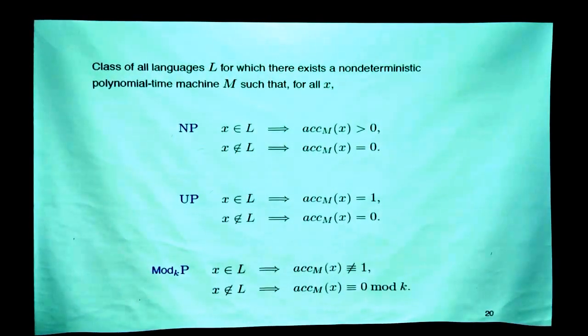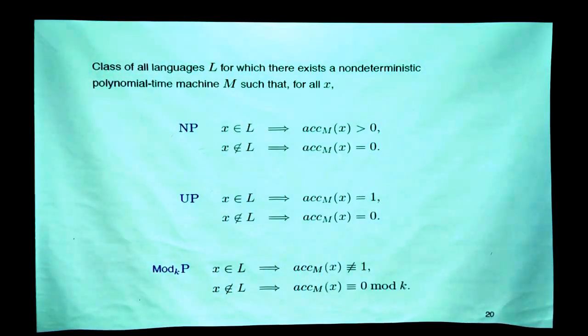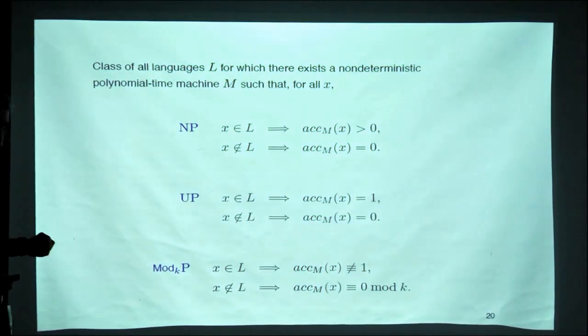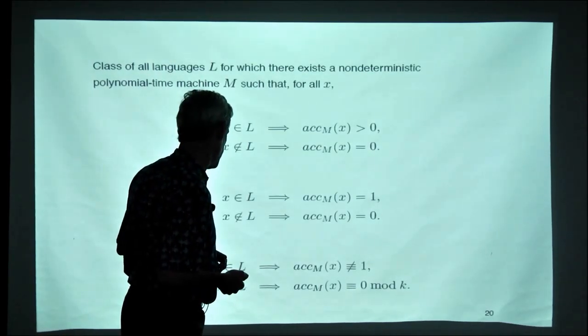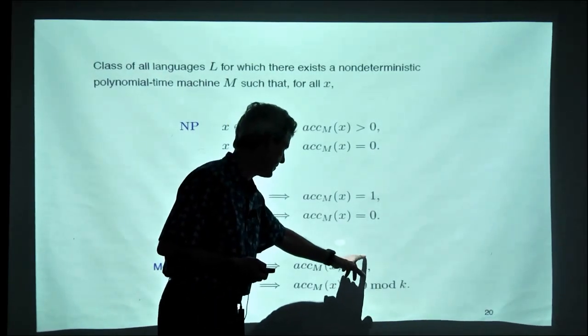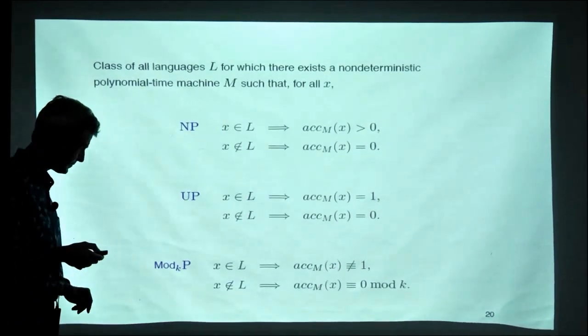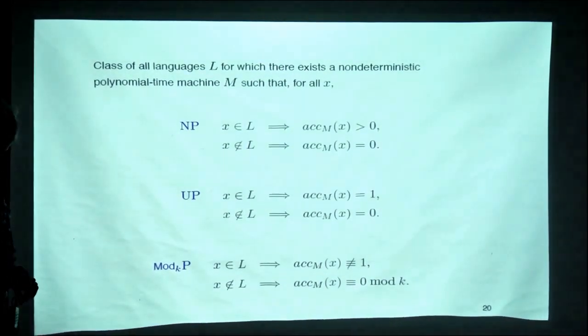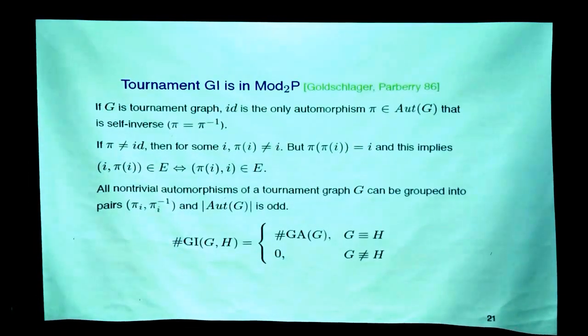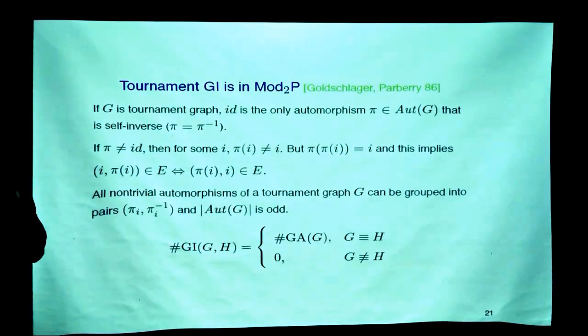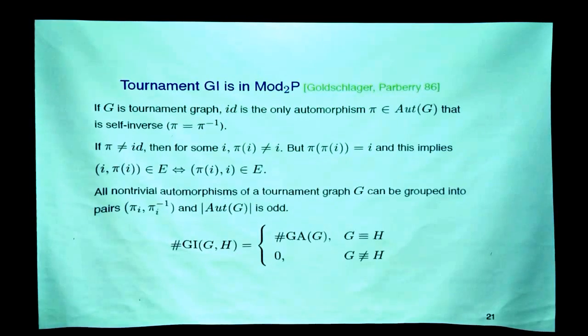Well, I think there's something wrong. This should be different than 0, not different than 1. So for parity, the number is odd or even. And it's close. So yesterday there were several mentions of this problem,